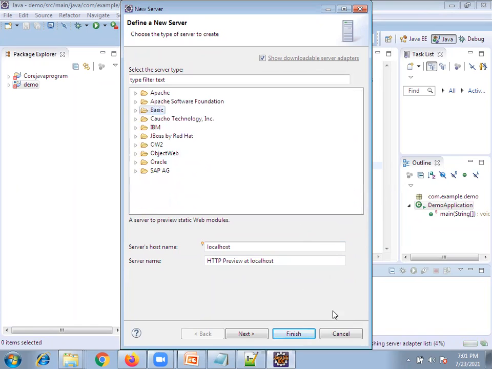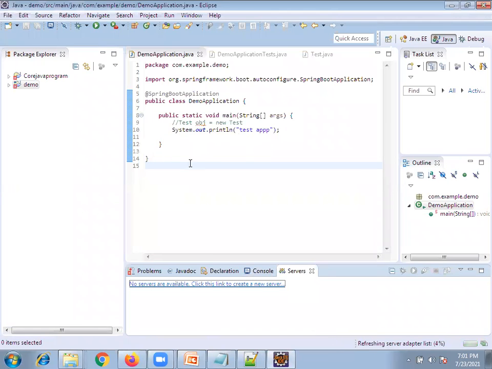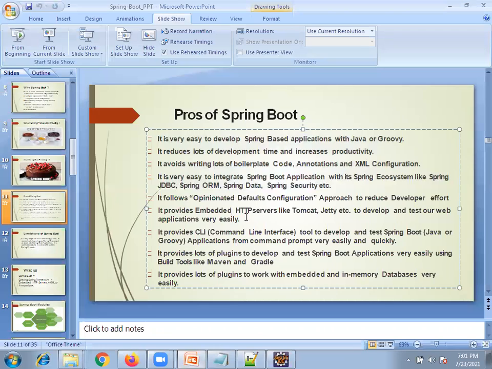So you need to install Tomcat on your computer. Then you need to deploy that application manually. Again, manual work, right? But Spring Boot provides the inbuilt Tomcat server. Getting what I'm saying? Inbuilt Tomcat server. Any confusion? Yes, sir.